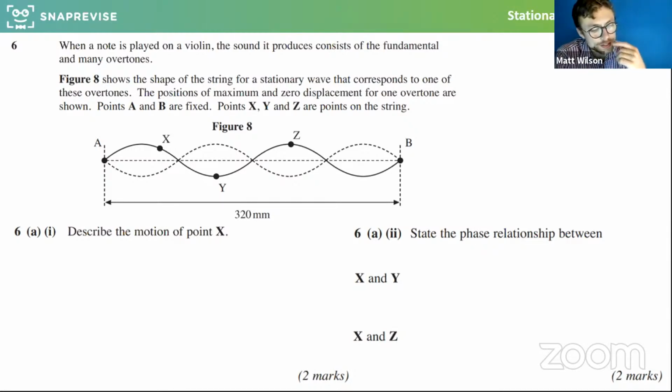Okay. 6AI. Describe the motion of point X. Well, what can we say about point X? Point X is a point on the string, and we have to talk about what it's going to do. Well, it's on a stationary wave, and the point in a stationary wave is that all the points on the string are moving straight up, straight down, with some of the points never moving at all. So here, quite simply, this point X